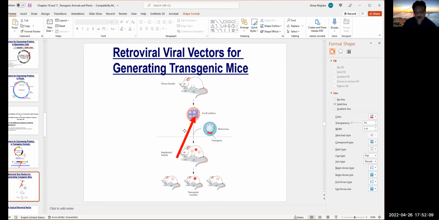These retroviruses can go and integrate into the chromosomes of mice, and this mouse will express the protein which is part of the retrovirus. So this retrovirus vector has a gene inserted into it, and this is transformed into this embryo. The embryo is again put back into the mouse body, and then you see that out of